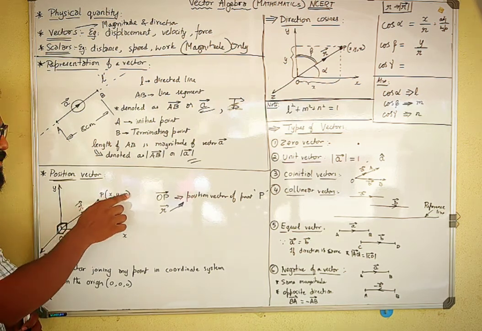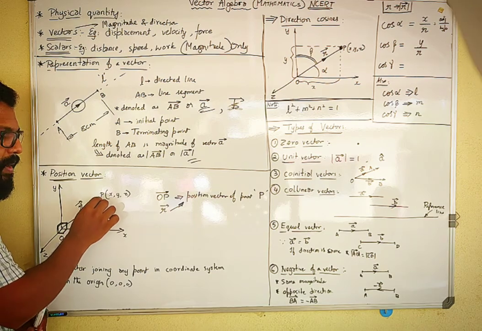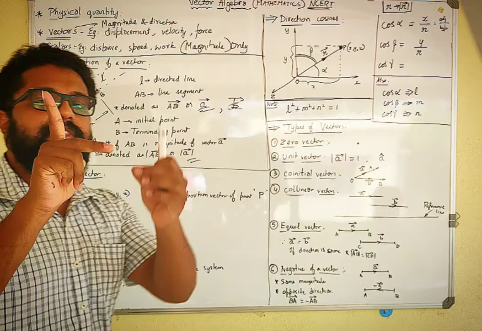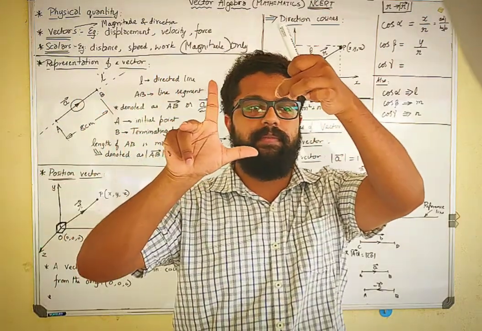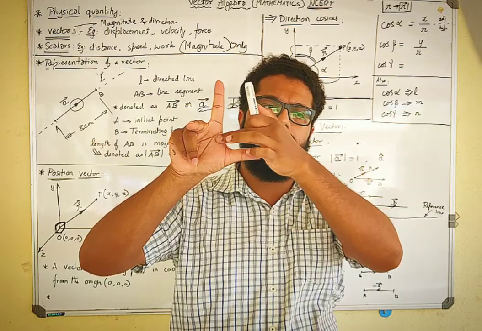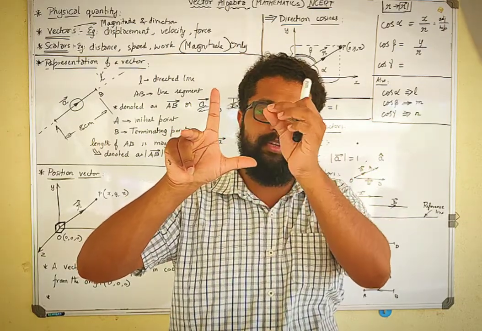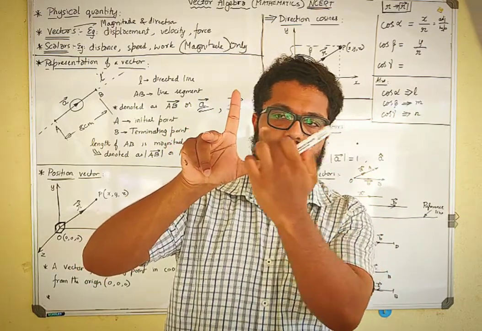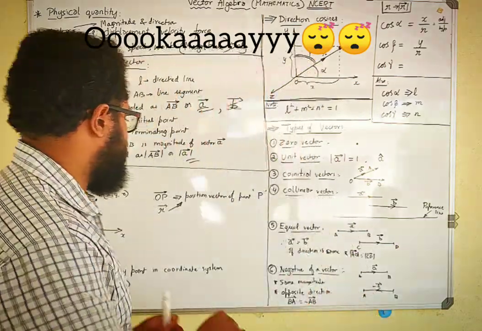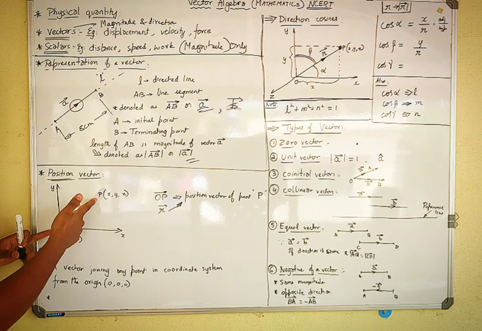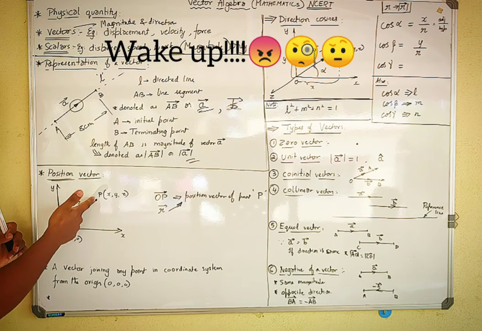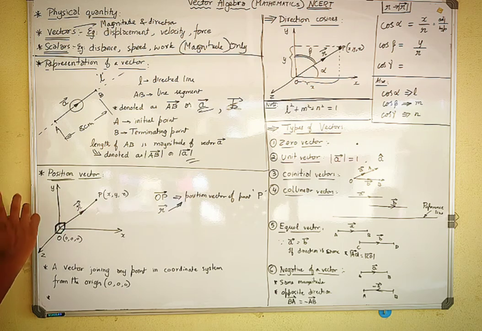So with these x, y, z coordinates I will mark the point P. Okay. And this is a point. Imagine there is a point here like this, randomly in 3 dimensions. An imaginary line joining from that point P to the origin is nothing but the position vector. Okay, that's it. So here, the point is P. The imaginary line joining is OP, and this is called my position vector.